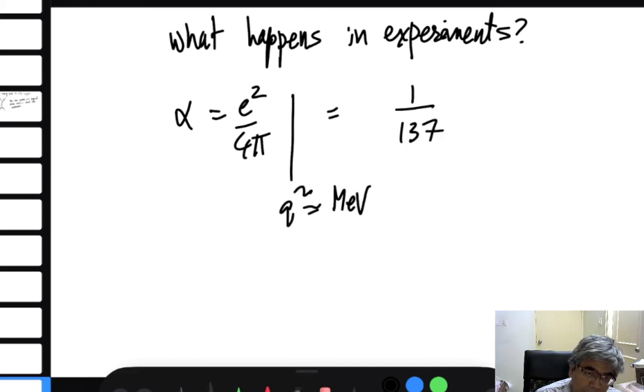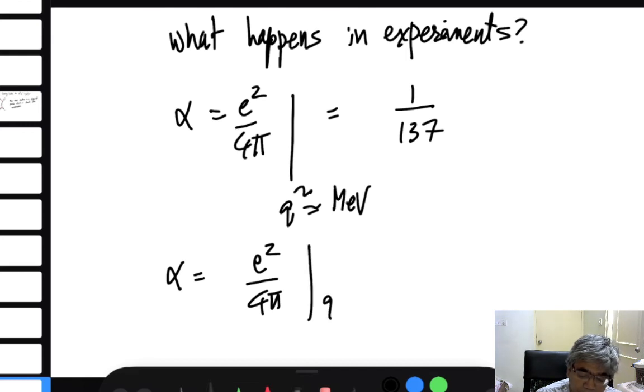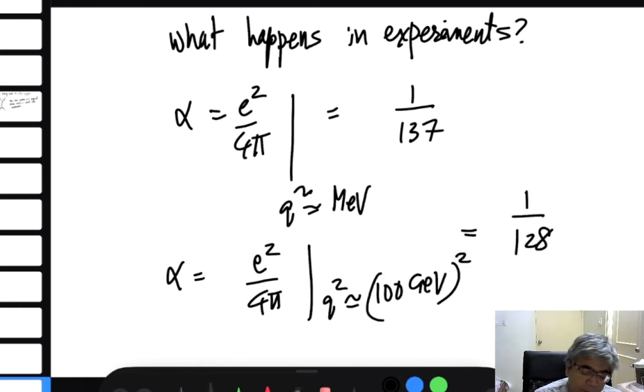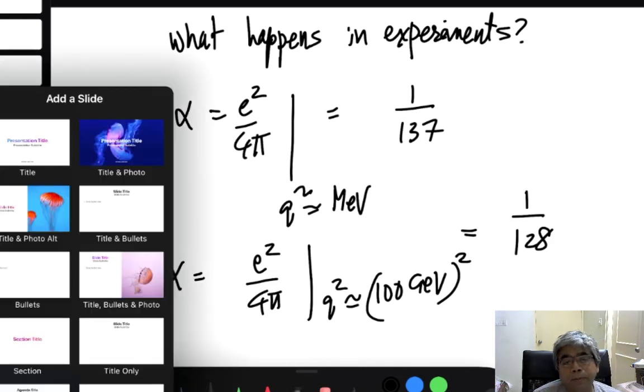And the same alpha, e squared by 4 pi, again the same thing, but with Q squared equal to hundreds of GeV squared, goes as 1 by 128, at energy scales, say, at colliders. So this was what was measured at the collider called LEP